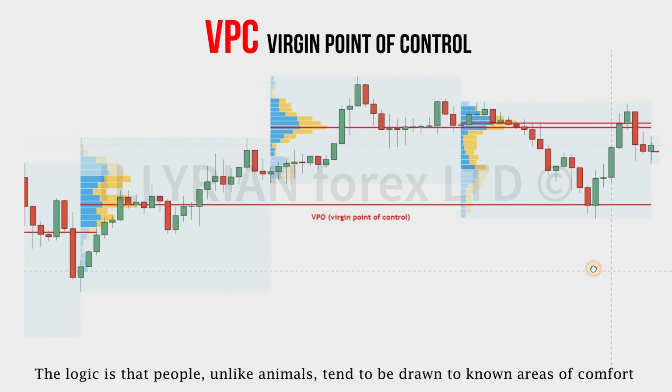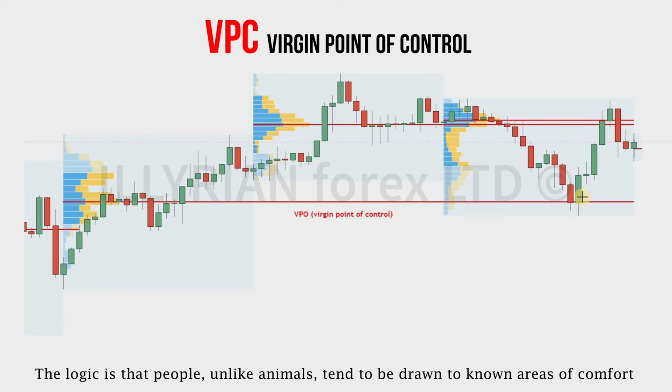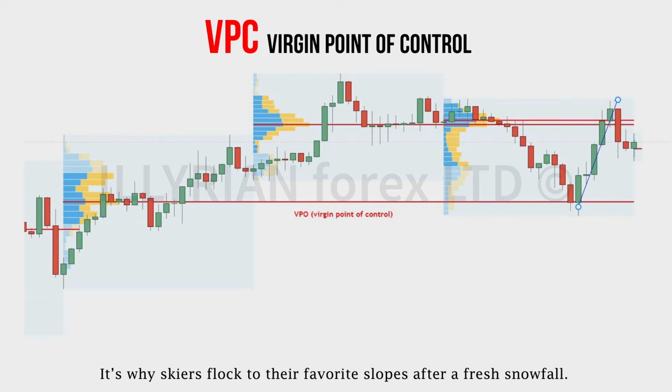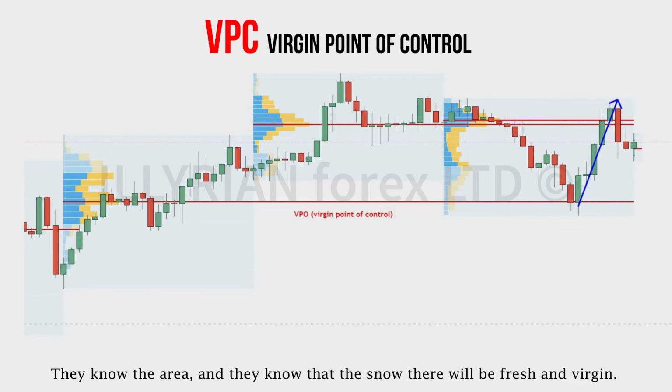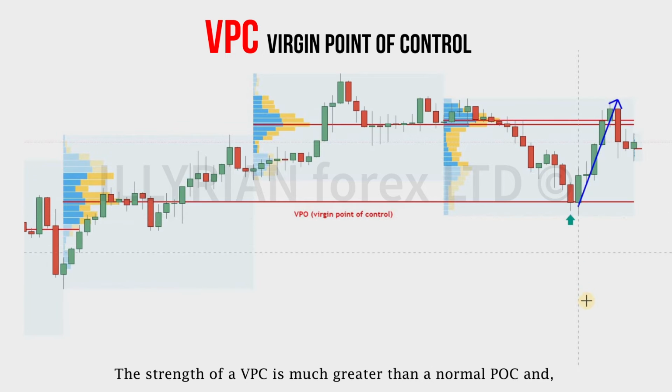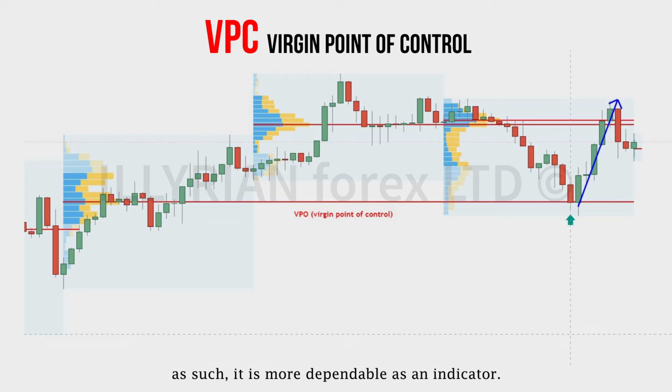The logic is that people, unlike animals, tend to be drawn to known areas of comfort that nobody else has been back to yet. It's why skiers flock to their favorite slopes after a fresh snowfall. They know the area, and they know that the snow there will be fresh and virgin. The strength of a VPC is much greater than a normal POC, and, as such,